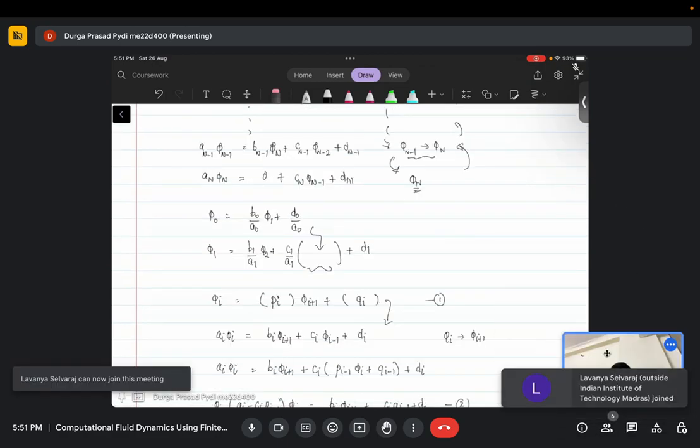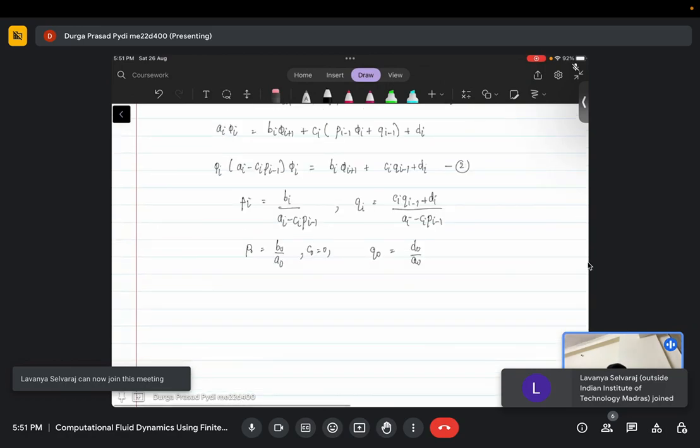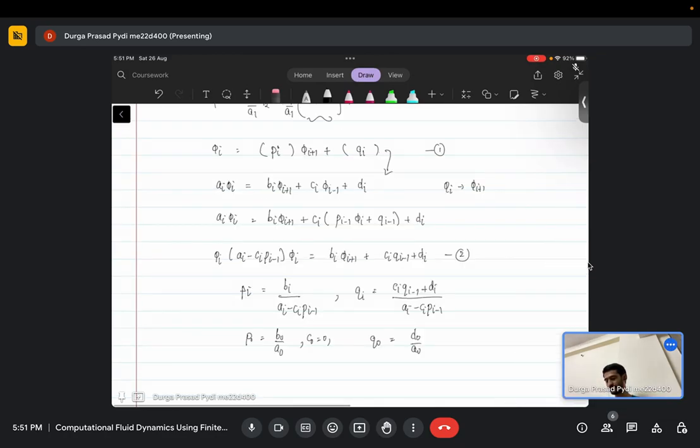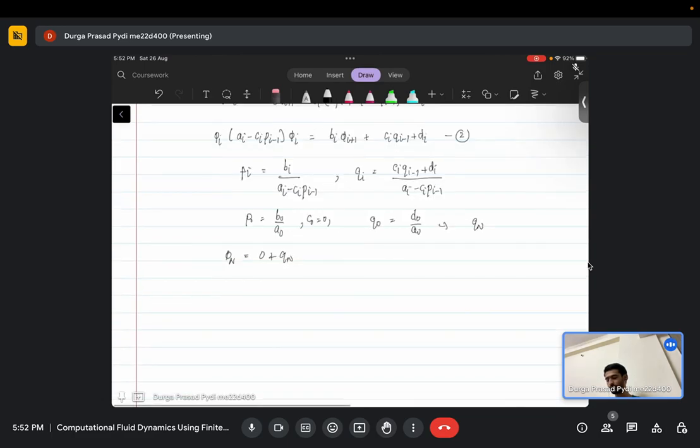We can see from this first equation. So you keep on iterating the i value till the last cell, and in the last cell what happens? From this equation, in the last cell for phi n, you don't have any i plus 1 term, so the first coefficient will be 0 plus you have qn. So once you iterate this, you get the value of qn here, and you substitute it back to get the value of phi n. Now you know phi n minus 1 is given by pn minus 1 phi n